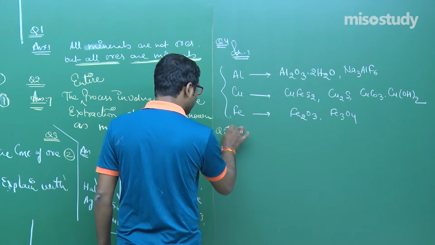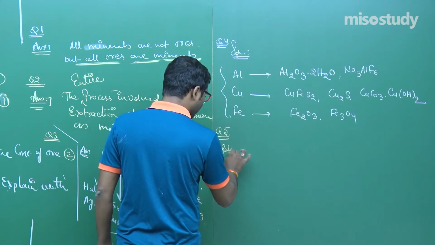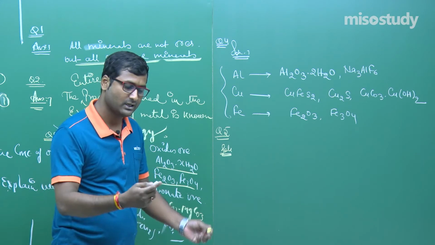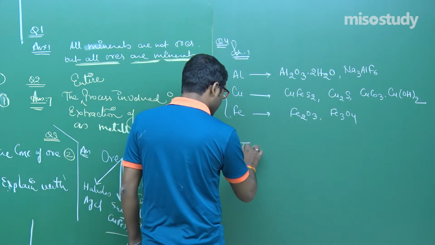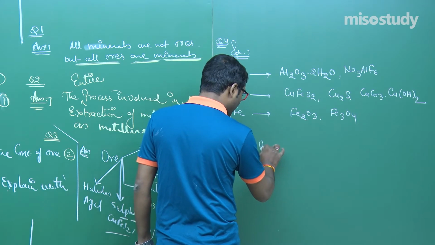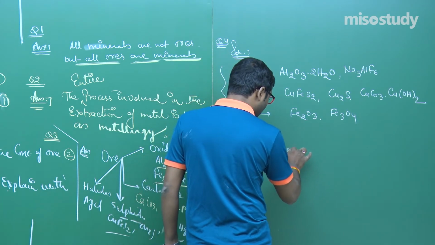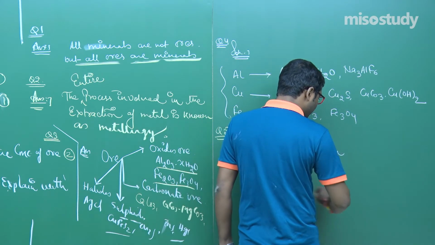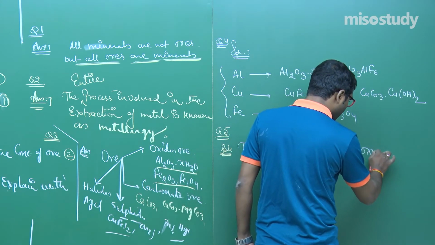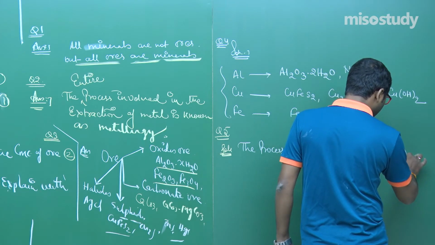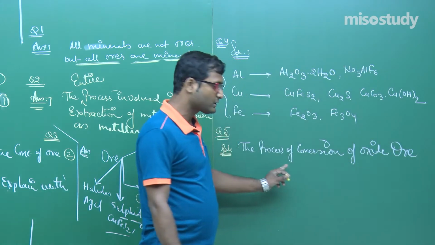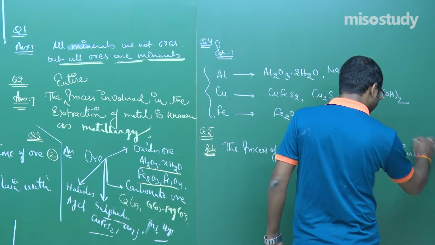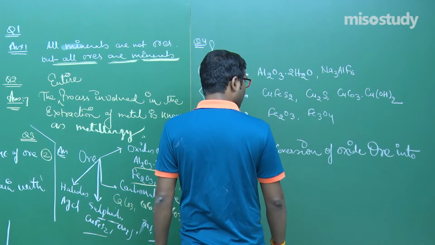What do you mean by smelting? Tell me. This is the best question. Smelting, this is a single term 1 mark question. That is the process of conversion, listen carefully, the process of conversion of oxide ore into the metal,